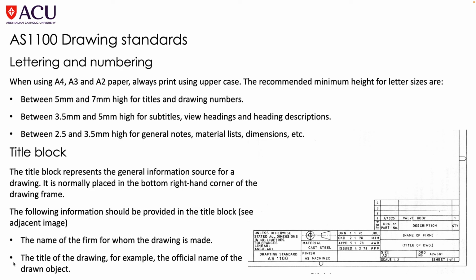The title block represents the general information source for a drawing. It is normally placed in the bottom right hand corner of the drawing frame. The following information should be provided in the title block, and again, see the adjacent image. The name of the firm for whom the drawing is made, the title of the drawing, for example, the official name of the drawn object,